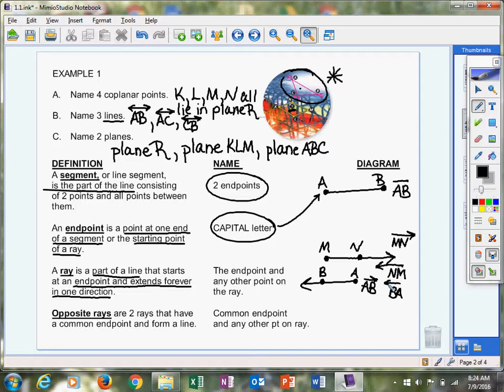So I hope I'm making really good sense here. Opposite rays are 2 rays that have a common endpoint and form a line. So common endpoint, when you have opposite rays, basically what you've got going on here is you've got a straight line. And I'm going to change colors really quick, and I'm going to put, somewhere near the middle, not the middle, but near the middle, I'm going to put a letter